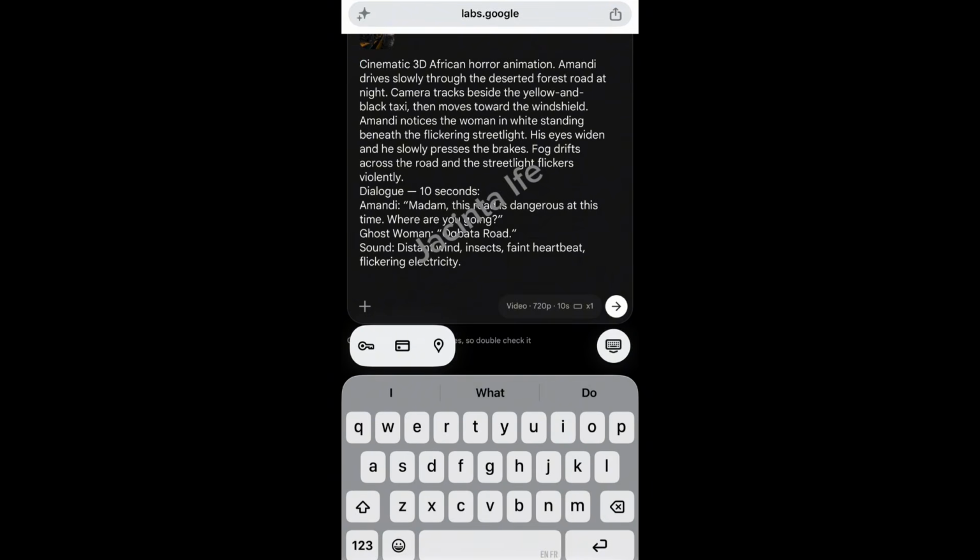So now I will have to tell Flow AI, Flow Google, who Amadi is. So I will delete this dialogue, 10 seconds, or just take it off. I'll come here, open bracket, who is Amadi? I'll write taxi driver.